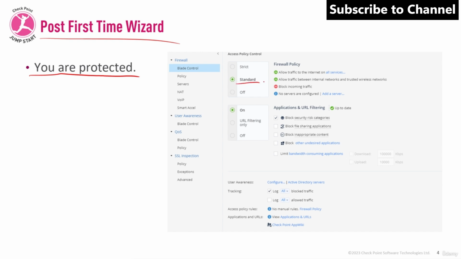Now, unlike the classic firewall architecture when you're using Quantum Firewall or Quantum Gateway, there the default policy is any drop. But this is an SMB device. It's Quantum Spark. So it's ready to protect you. Okay? So the default policy is to allow traffic to the internet on all services, allow traffic between internal networks and trusted wireless networks, block incoming traffic, and as for application control, it's going to